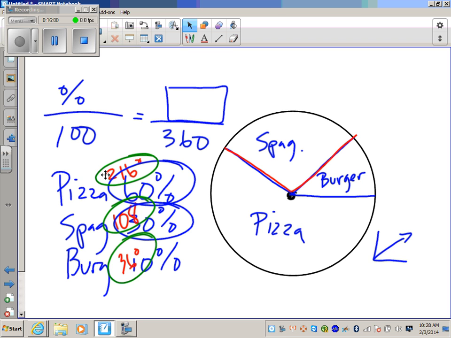Okay? So I'm going to assign the rest of the worksheet. Label them like we did up here. Don't put pizza and then put 60%. You don't need to. Why don't you need to put the 60% for the pizza? The size of the wedge is supposed to tell you that. Okay? All right, and then 7 through 9, just answering the questions that are on the graph there. Okay? So you got about 15 minutes with my calculators before I'm going to take them back. So you might want to do all